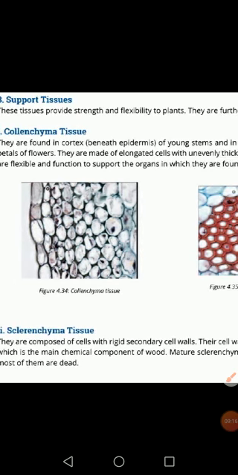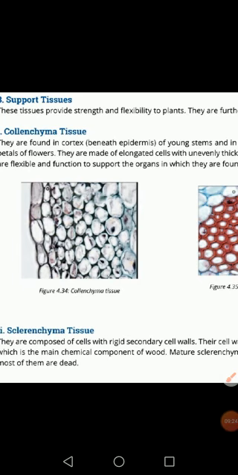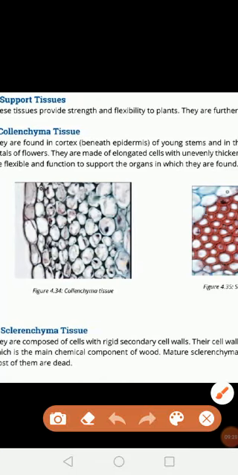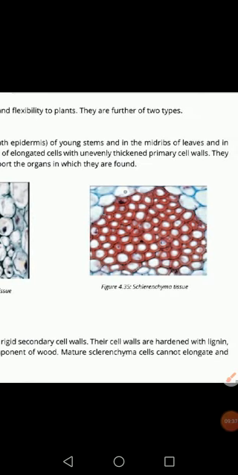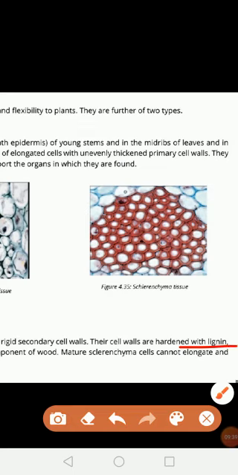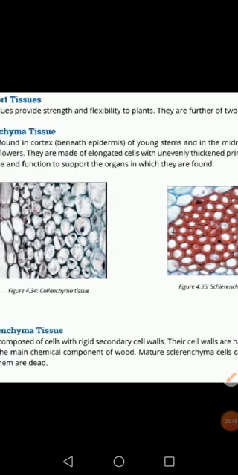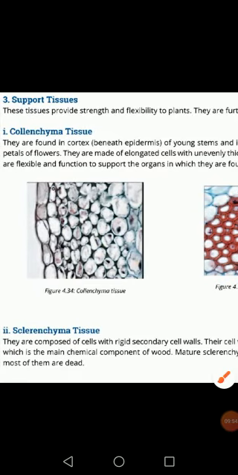Another type of supporting tissue is the sclerenchyma tissues. Sclerenchyma tissues are composed of cells with a rigid secondary cell wall. The cell walls of sclerenchyma tissues are rigid, and their cell walls are hardened because of the presence of a chemical known as lignin. Because of the presence of lignin, their cell walls are hardened, and this lignin is the main component of wood. Lignin is basically found in wood,